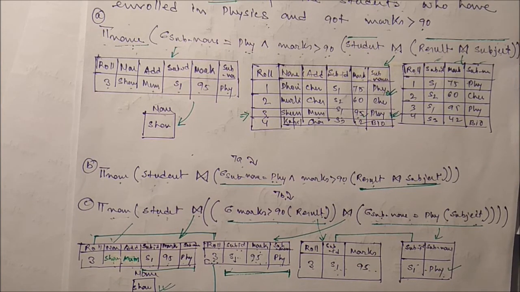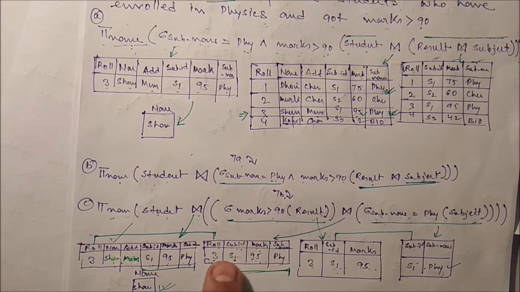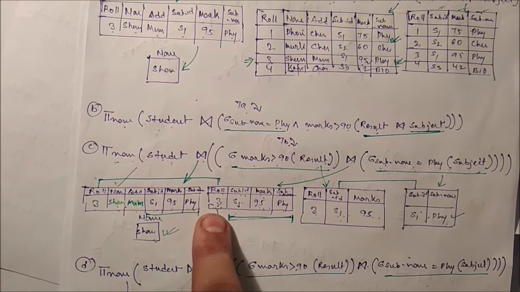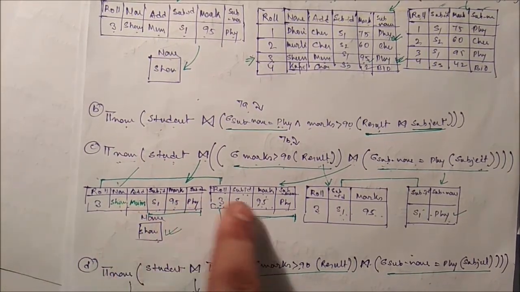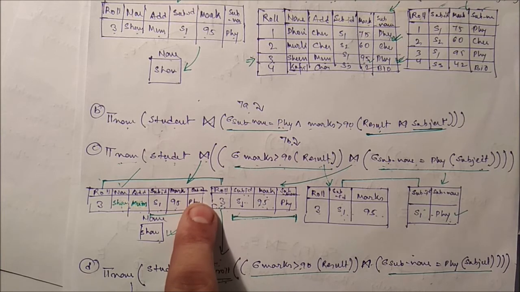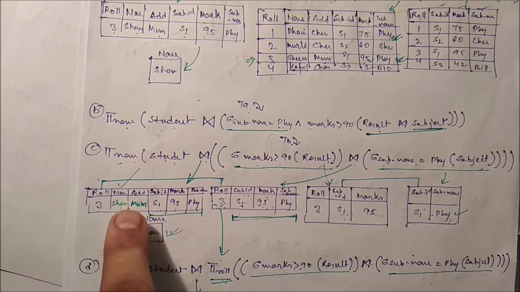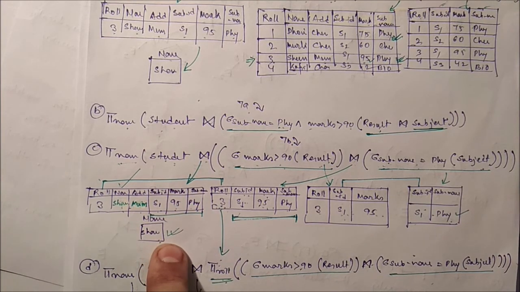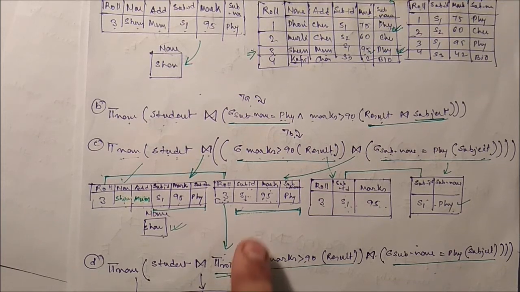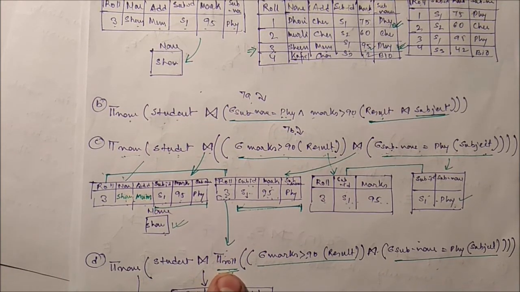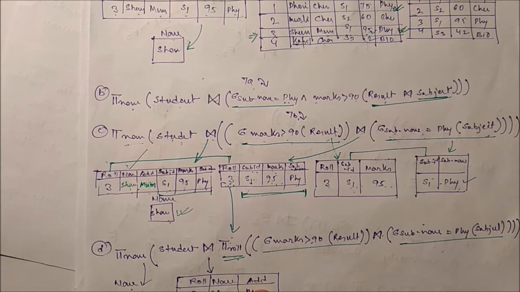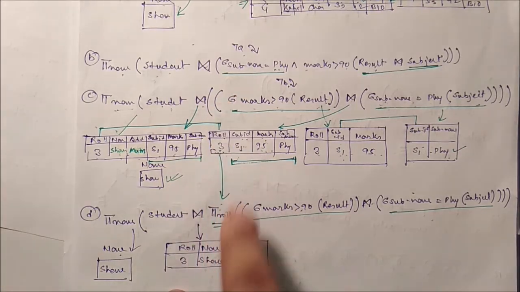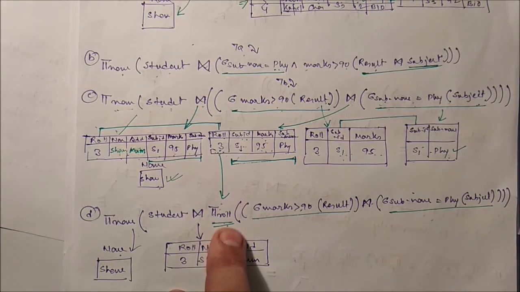So this is nothing but the output of this. If you apply only this projection condition, that means we need only this particular roll number 3, and after that we can merge these two. If you apply this merge, you can eliminate the unwanted attributes, say subject ID, marks and subject name, and from that we need only the roll number and name. The resultant join is roll number, name. If you compare these two tables, definitely this will be smaller in size than this one. So further we can apply rules to reduce the intermediate table size.